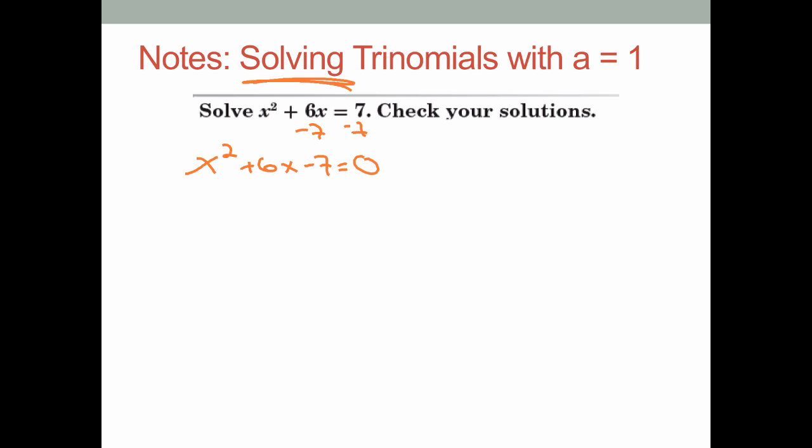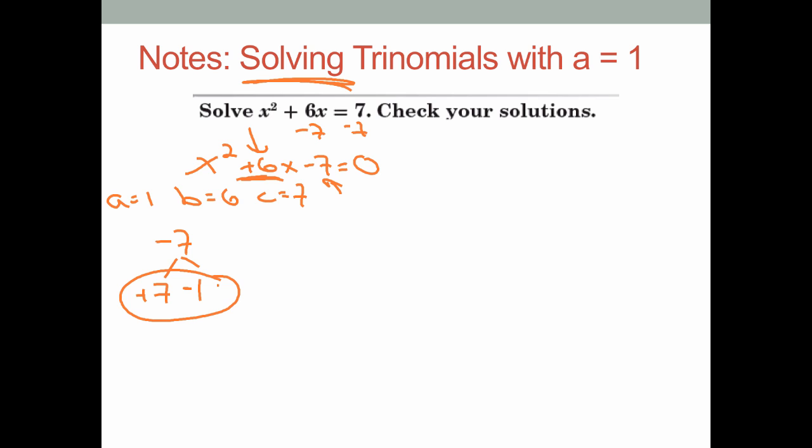Well, now I'm just, again, doing my a equals 1, b equals 6, c equals negative 7. You notice that from the previous example, we have that same result where the b is positive and the c is negative. So I'm going to break down my negative 7, which is really just 7 and 1. I know that because b is positive, the 7 has to be positive, the 1 has to be negative, and I get my result here. So when I add those together, I would get 6. So then my factored form of this would be